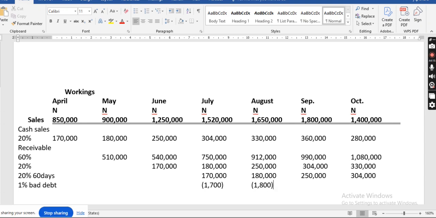Okay. Next, August, what do we have? 1,000 what? No, sorry, 1,800. This is it now. 1,800. Okay. The next one, 2,500. Next, 3,040 naira. So what is the 5% discount